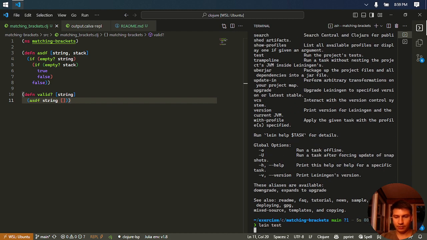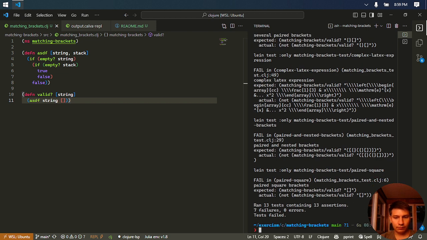Run line test, I think. Okay, 7 failures, 13 tests. So 6 of them passed. Because it got to the end of the string, and because we just said the stack is empty, it just returned true. So what we actually want to do is we want to say,